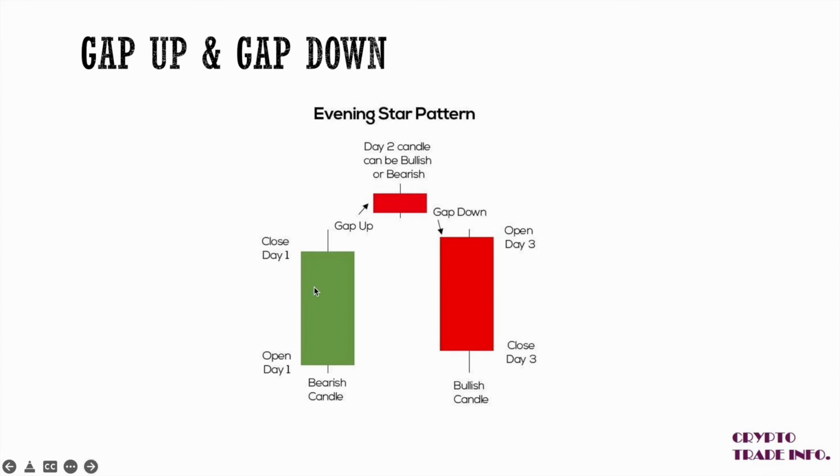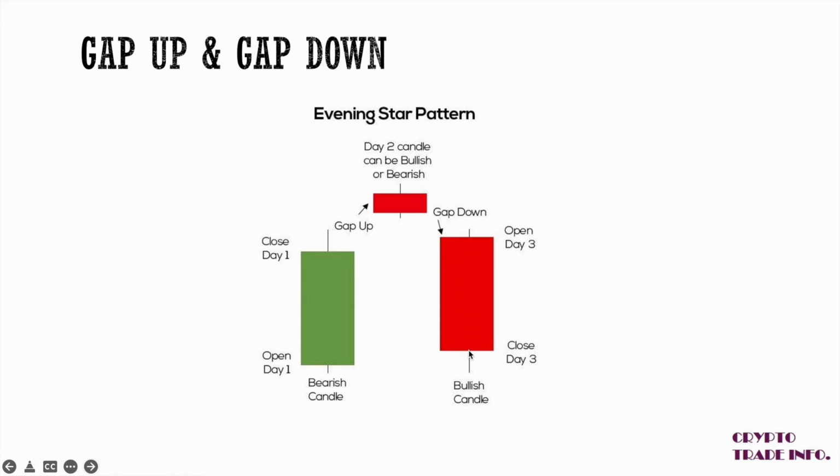Now looking at the evening star, it's bearish, but we have the day one, we have the bullish candle that opened lower and closed higher. There was a gap up for the indecision candle in between. It can be bullish or bearish, but we'll note that the middle candle is definitely an indecision candle with a small body. That makes it an indecision candle. Spinning top or doji, that's what we might likely find here. There's also a gap down before we now see